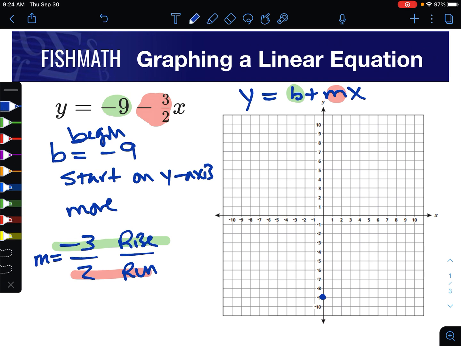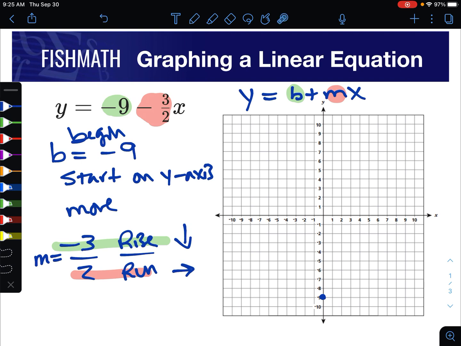So from our -9, where we started, where we began, we're going to now move using -3/2. -3 rise, 2 run. So from -9, we want to go down 3 and then run 2. So right 2. This means down and right. You'll notice here that I'm kind of out of space though. At -9, if I try to go down 3, I actually go off the grid here a little bit,